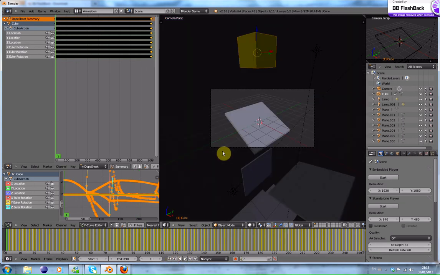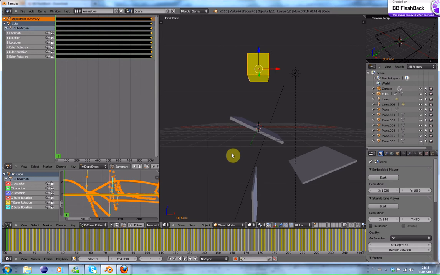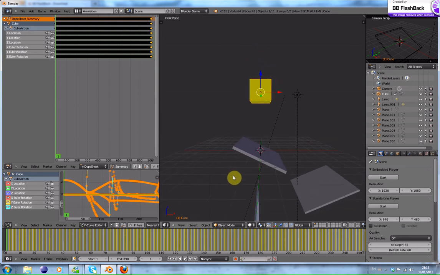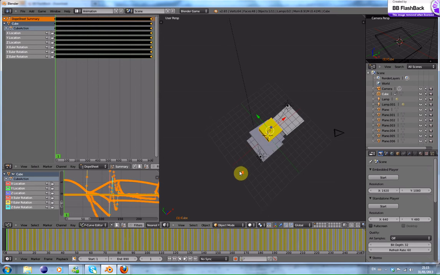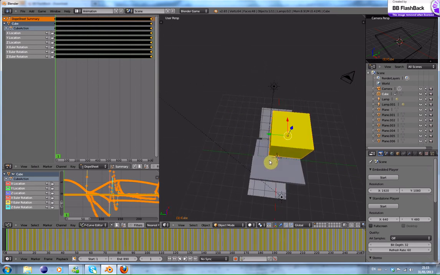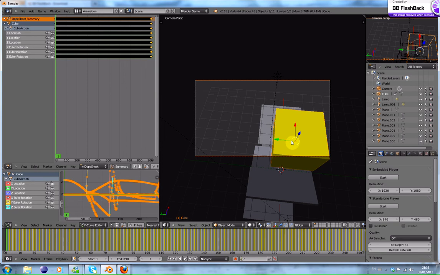Now I'm going to go into the camera. Actually, no. I'm going to go into front view. Do you know what I'm actually going to do? I'm going to get a top-down view. There's a cube like that. I'm going to press Control Alt and numpad 0, and that puts the camera there. Now I'm going to select the camera and shift select the cube, and I'm going to press Control P. Okay, now